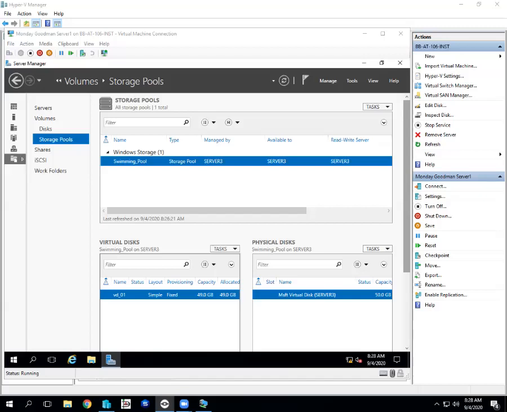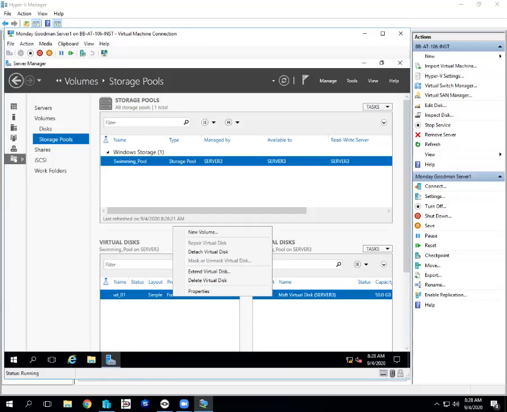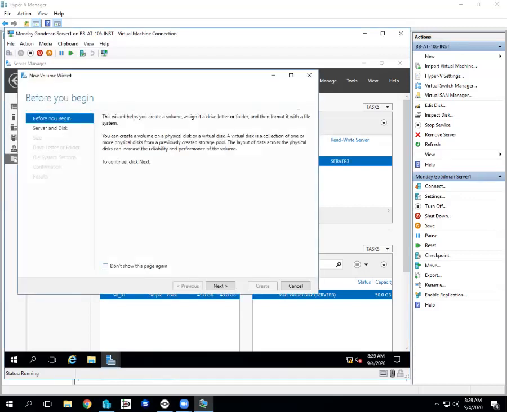Cool. Okay, so my system, I don't think I formatted it yet. I had to refresh my server manager, and Jared had to refresh his so you can create the virtual disk. But now once your virtual disk is created, if you had to cancel out and redo something, you can right-click the virtual disk you created and create a volume on top of that. I'm going to create a new volume on top of the virtual disk,